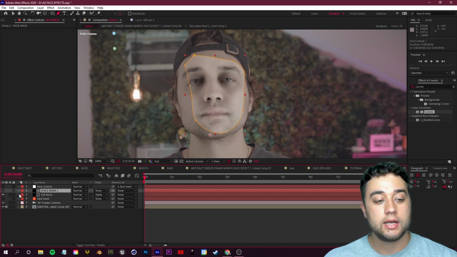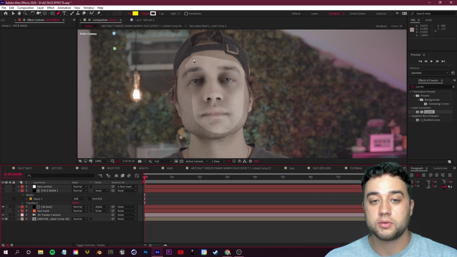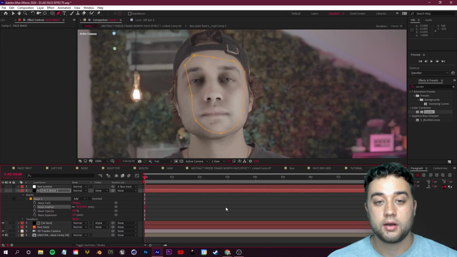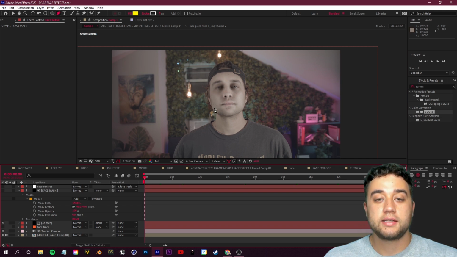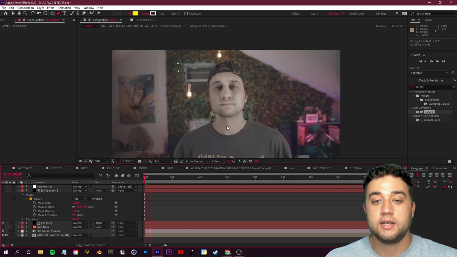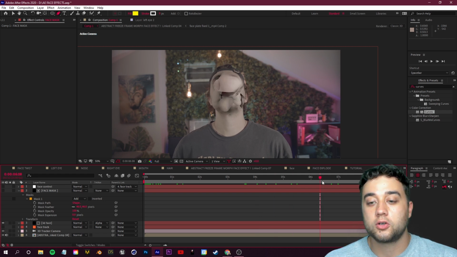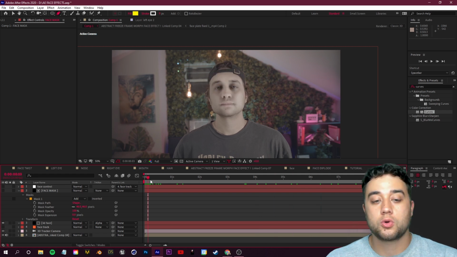And now we can go in and change the mask so we can add a bit of feather so it's not so rough. Open up the mask options and bump out the feather. You see how that's blended now. So at first glance, it's hard to be able to tell that this is a 3D face, and that's what allows you to be able to utilize this to blend and create cool, unique facial distortion that you wouldn't be able to do normally.